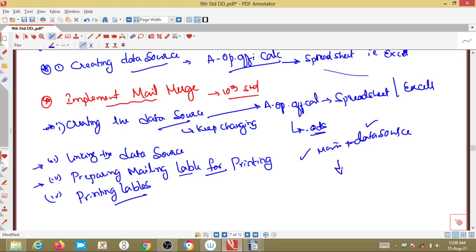Now we have created labels, because this is the main document, the printed document we have printed in A4 size, and we are keeping it in an envelope. Imagine we are keeping it in an envelope. In order to stick on this, we need certain labels, that is, to whom we are communicating this main information. How to create these labels we have studied in this class. Okay, so that's all for your mail merge.